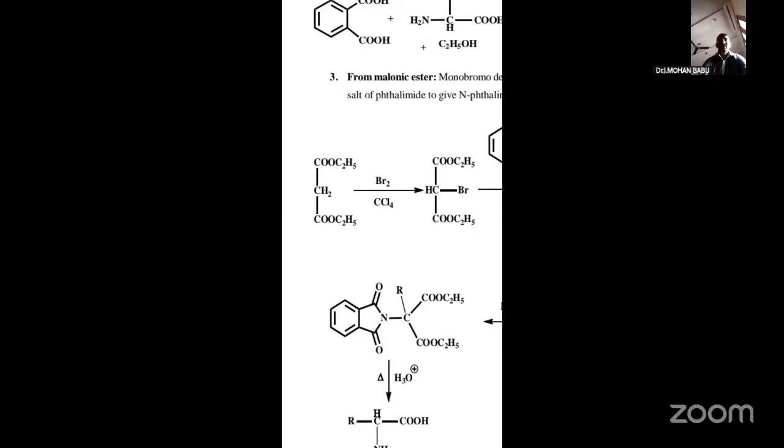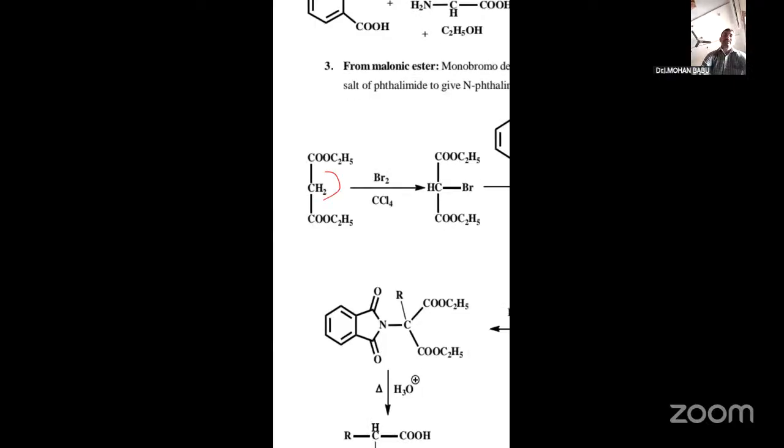You know that this is a methylene group, a very acidic methylene group, very active. We call them active hydrogens. These two alpha hydrogens are very active, so the active hydrogen substitution takes place by bromine